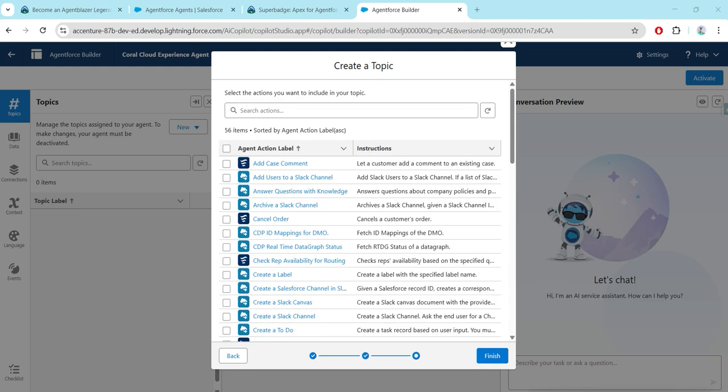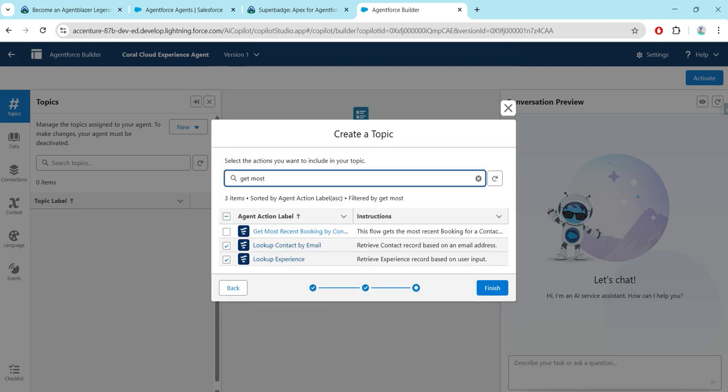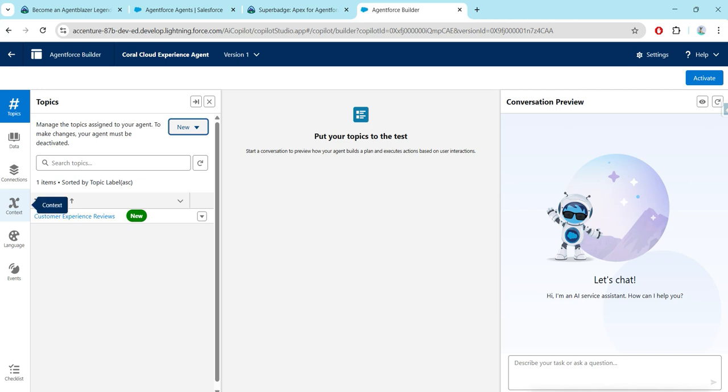And here, search for lookup and select both of these, and then again search for get most and select this as well. Once done, click on Finish and now go to Context